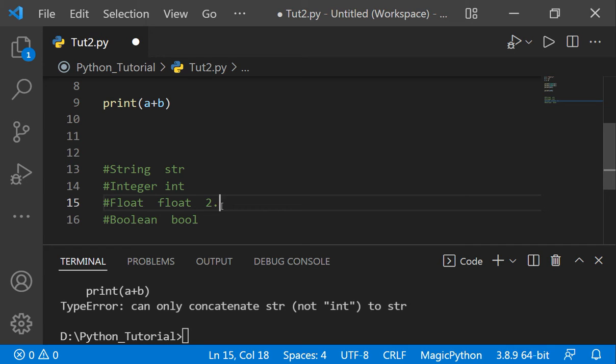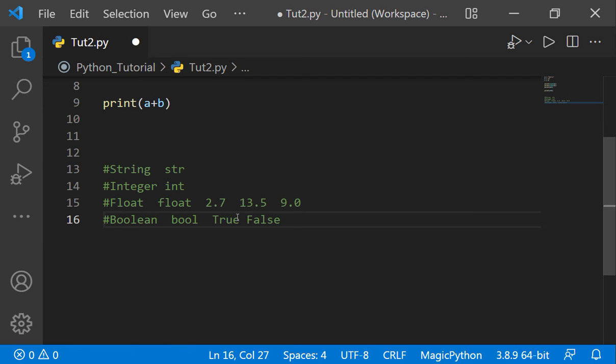Suppose there is 2.7, or you can say 13.5, right? And if you write like this also, 9.0, this will also be considered as float. In boolean we use true and false. True and false are two boolean values. Okay,